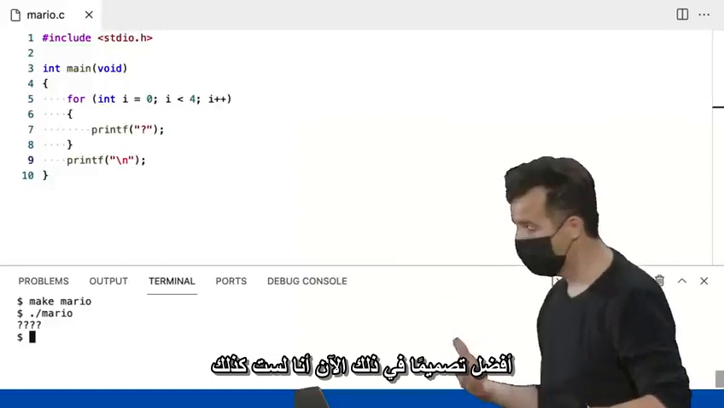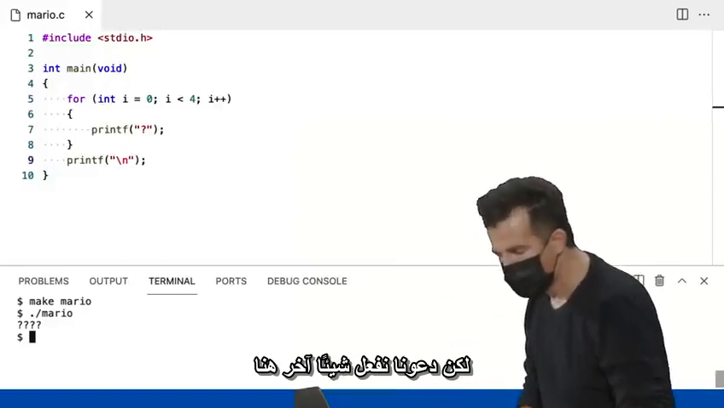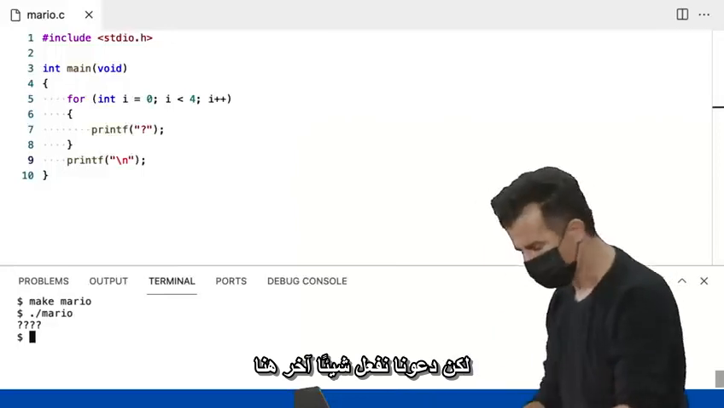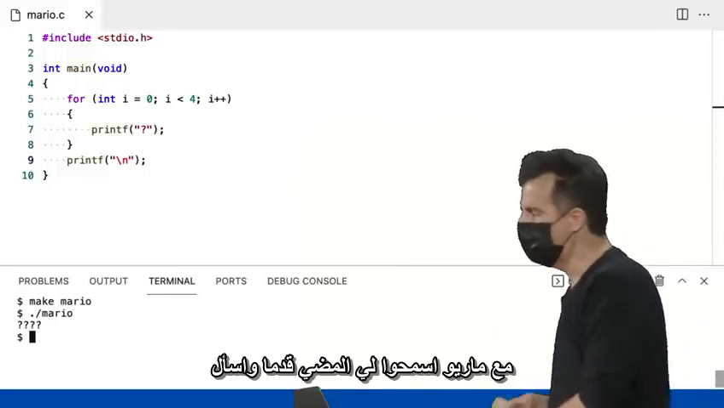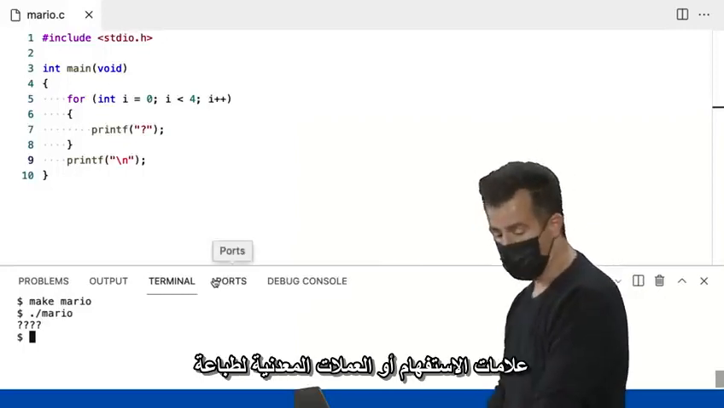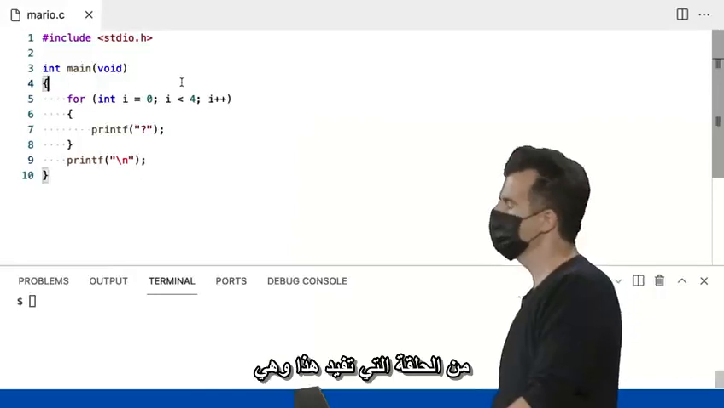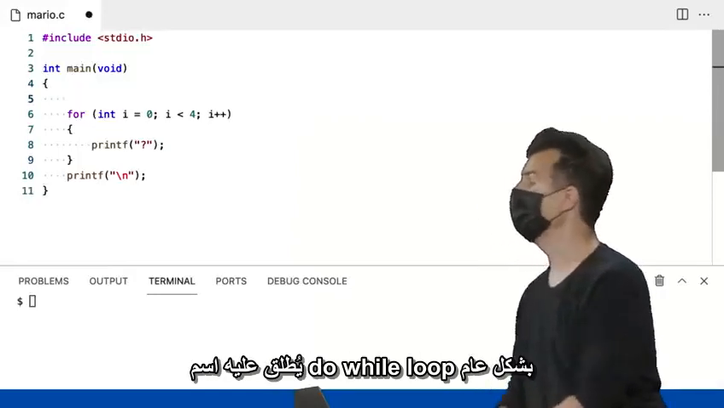But a little better designed in that now I'm not repeating myself multiple times. I'm doing this again and again. But let's do one other thing here with Mario. Let me go ahead and ask the user how many question marks or coins to print. The catch here is that there's another type of loop that's helpful for this, and it's called a do-while loop